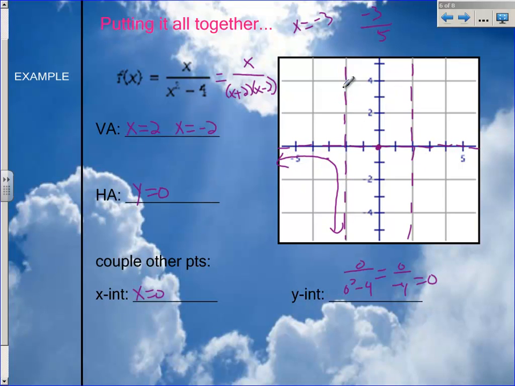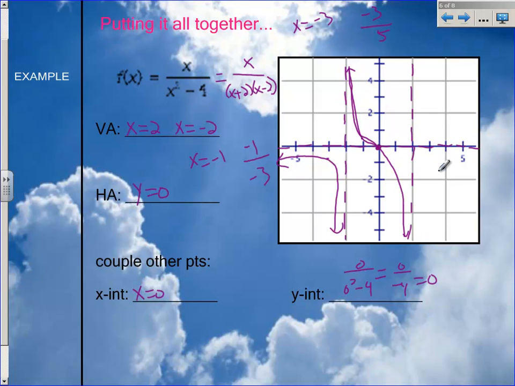And then let's find out what happens in here. What about as x is -1? If x is -1, I'll write it over here, I'm going to have -1 over -3, which is 1/3, which means it's above the x-axis. So you know the graph does something like this. Remember, it cannot cross those asymptotes. Wish that was a little smoother, but